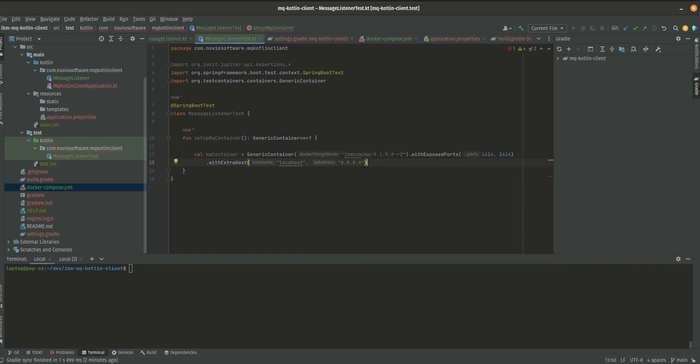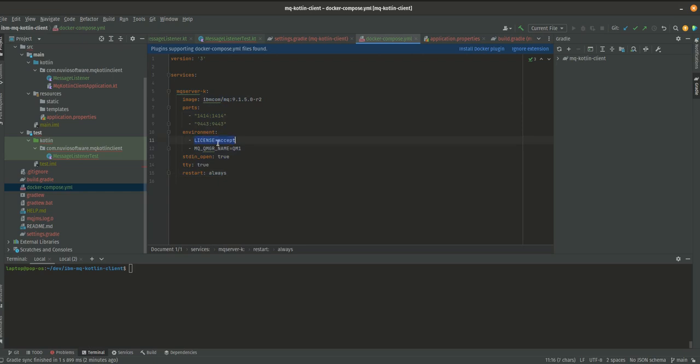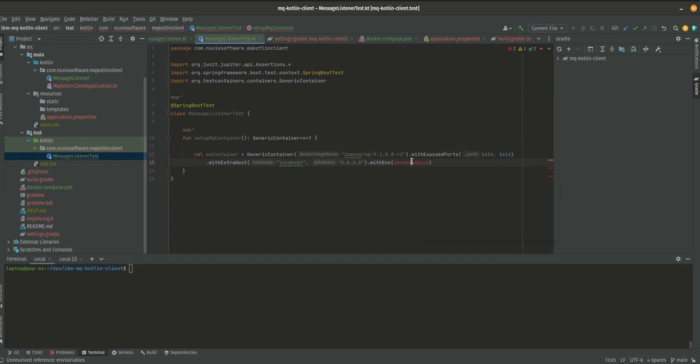And then we may need some environment variables. So with the environment variable, let's have a look at the container. This is the boring part. So we need to say license accept and queue manager name QM1. I'm not even sure we need that, to be honest. Possibly we can skip it. So let's just try